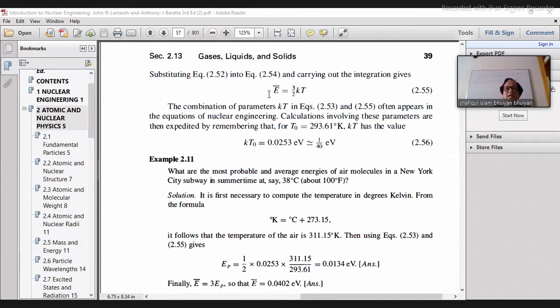Now, carrying out the integration of this average, we get the average energy of the gases: E average equal to 3/2 kT. That is, average energy equals 3/2 kT, right? This combination with the kT